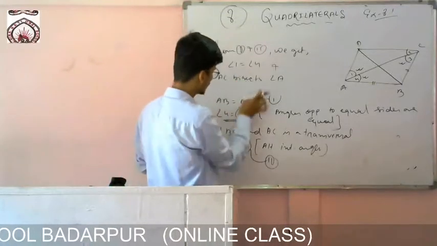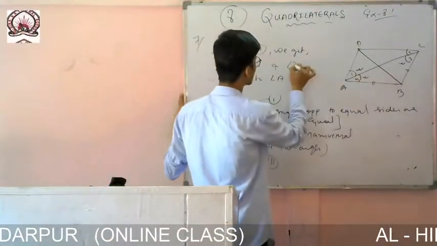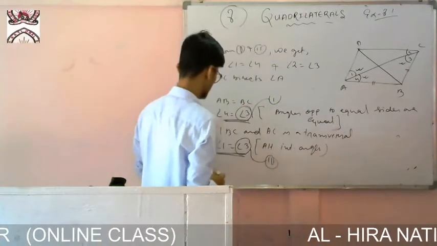This angle 1 is equals to angle 4, so similarly angle 2 will be equals to angle 3, because if you see here,